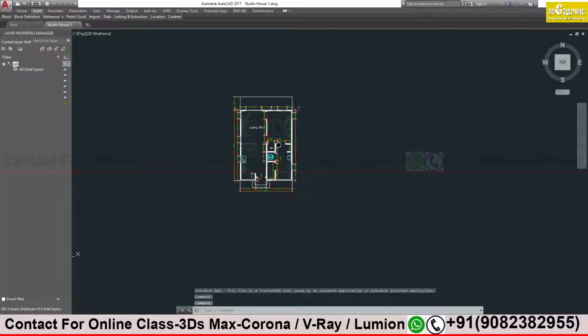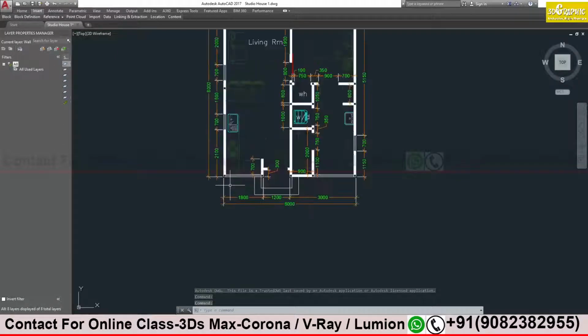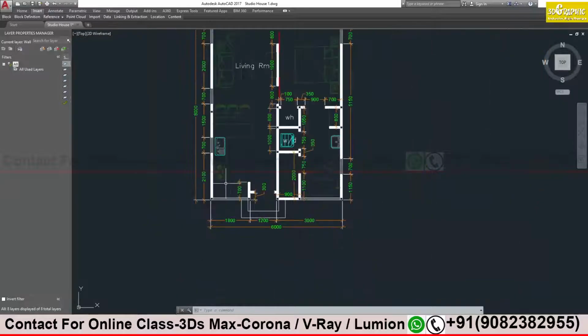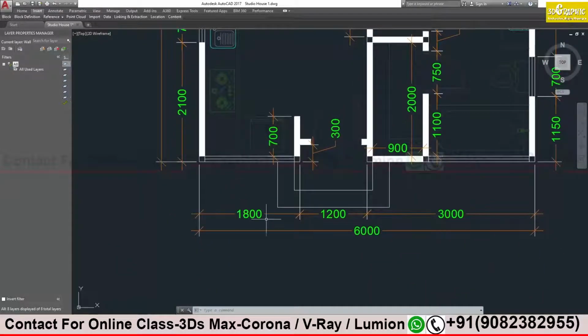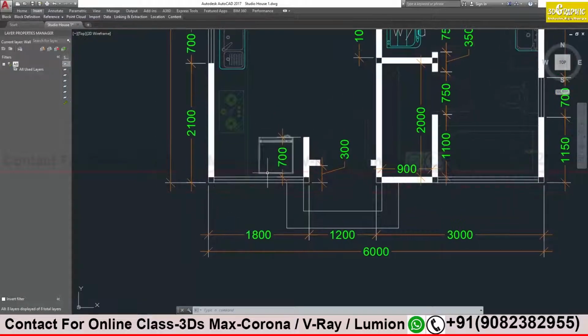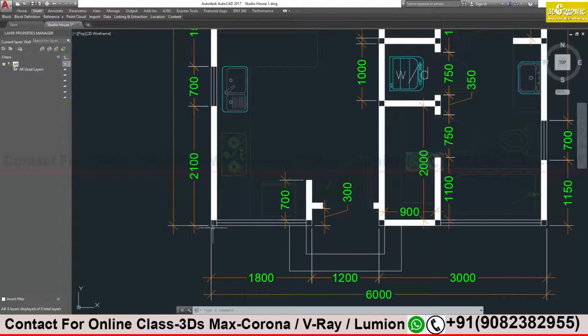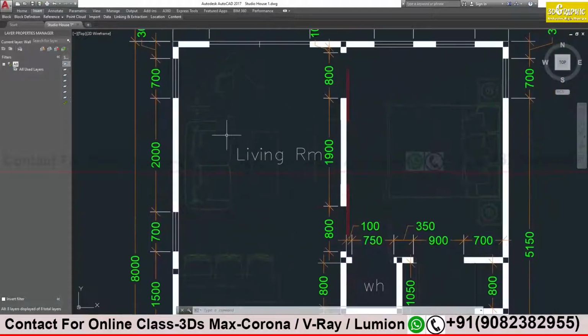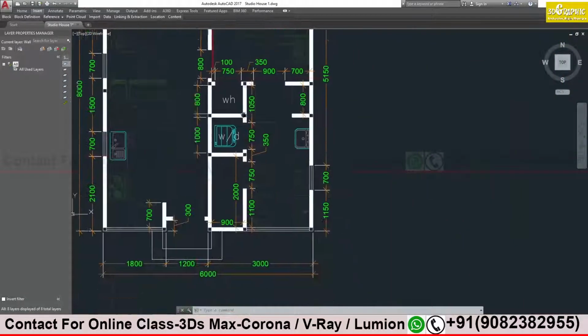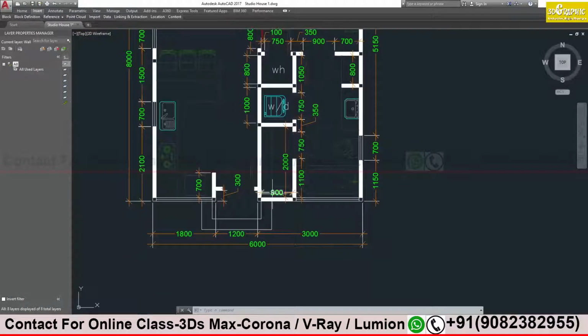So this is our CAD file, and on the basis of it we will try to create the elevation plan and the floor plan. You see, all the measurements are in millimeter. The width of the wall, the windows, the living area, the furniture, everything is predefined over here.